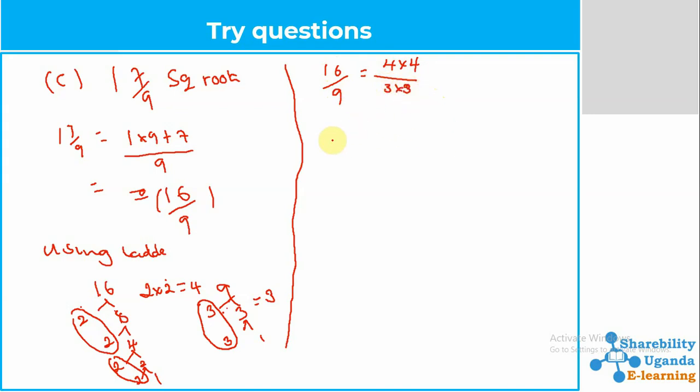Our 3 times 3, then the square root of this is going to be equal to 4 out of 3. This is going to be our square root. So when it is now in a mixed fraction, we can now conclude and say that